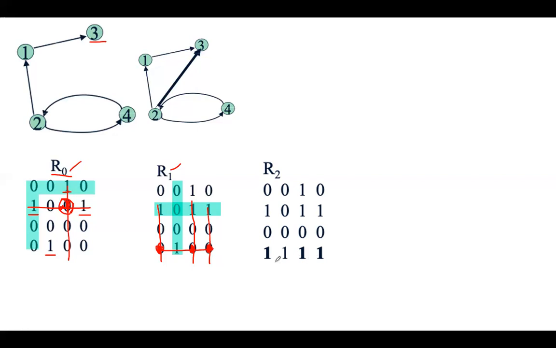So in the graph, what does that mean? We are in the fourth vertex. From the fourth vertex, I can reach 1. According to the transitive graph, from the fourth vertex, I can reach 1. Also, it is saying from the fourth vertex, I can reach 3, and I can reach 4. So the graph will be like this. From the fourth vertex, I can reach 1, I can reach 3, and I can reach itself, 4. So that is what is depicted here. Is it clear?